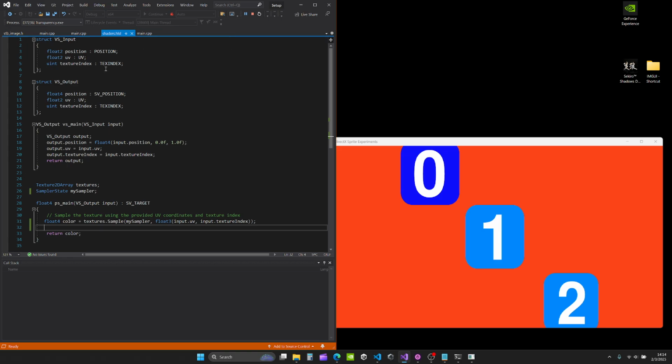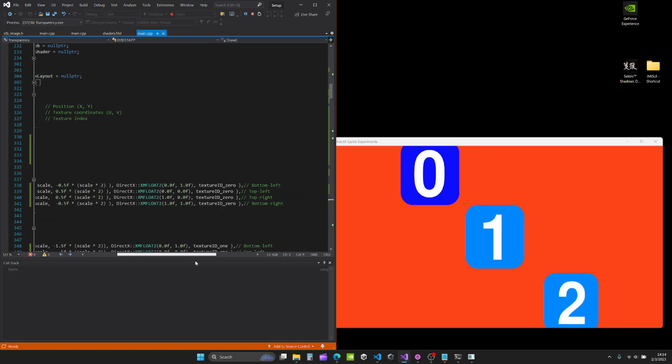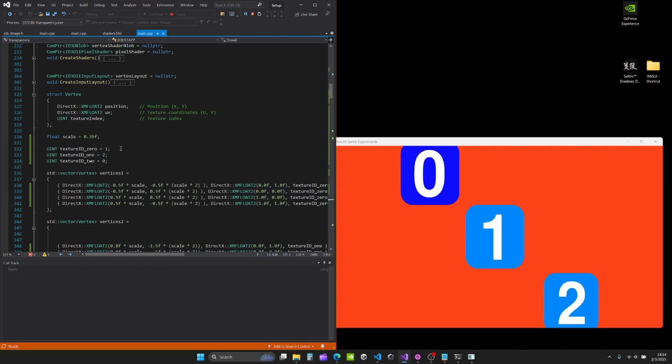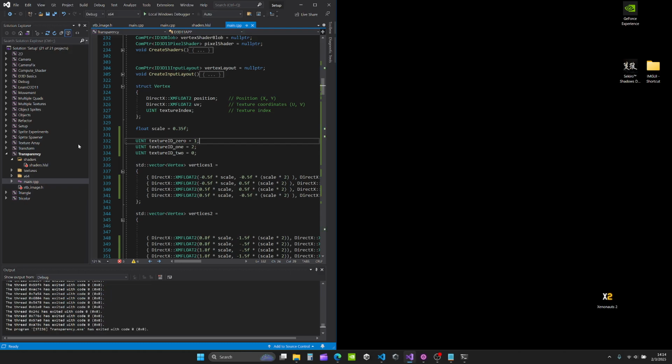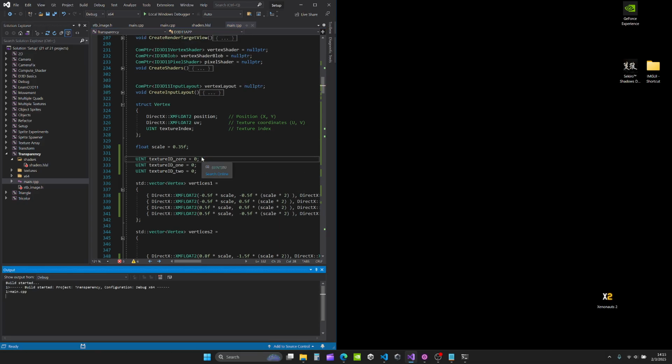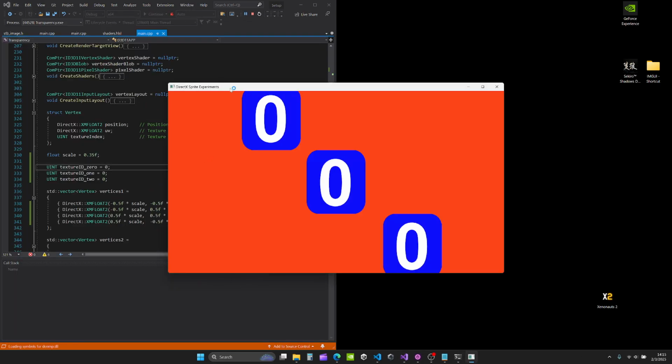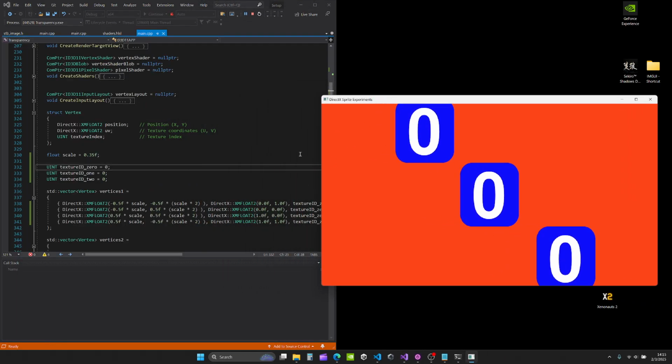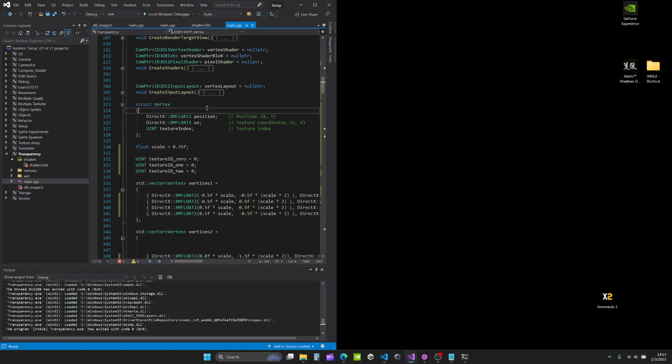One thing to note about this shader is that it contains the vertex and the pixel shader within the same type, but to demonstrate the flexibility of it, changing the types as an example can simply change the image that is being displayed. So now they're all 0, and to get them back in order,